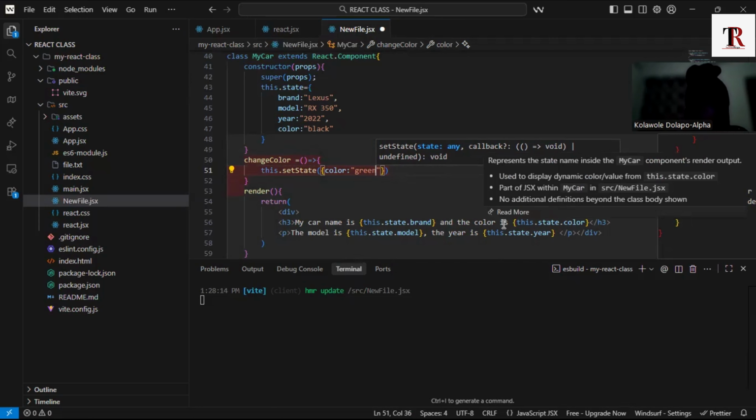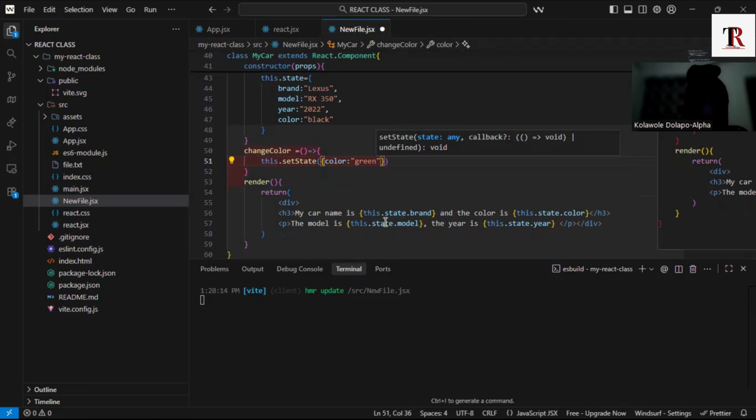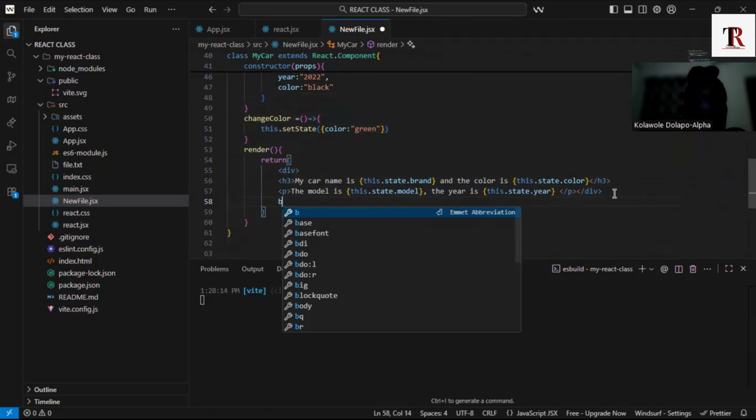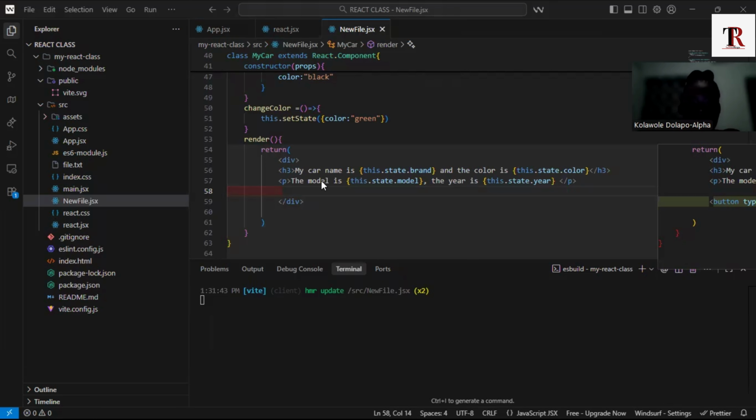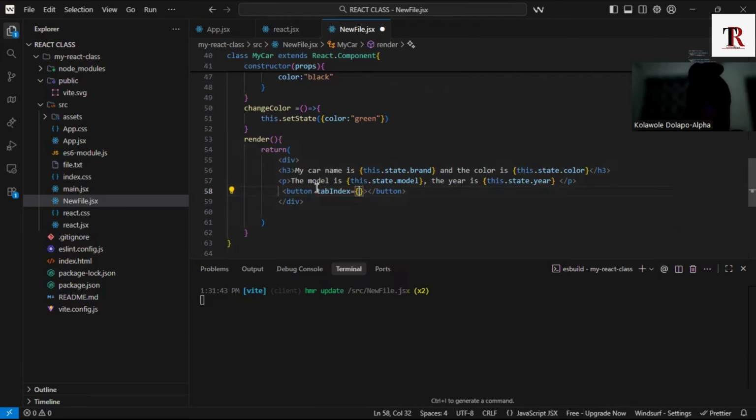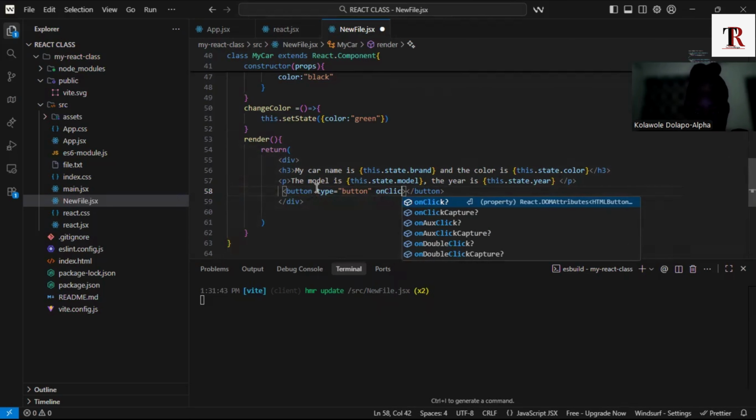So in our div, where we have this.state.brand and this.state.color, we can as well have a p tag. With this that we have here, we can have a button, type button, which has onClick. That is, if we click this button,